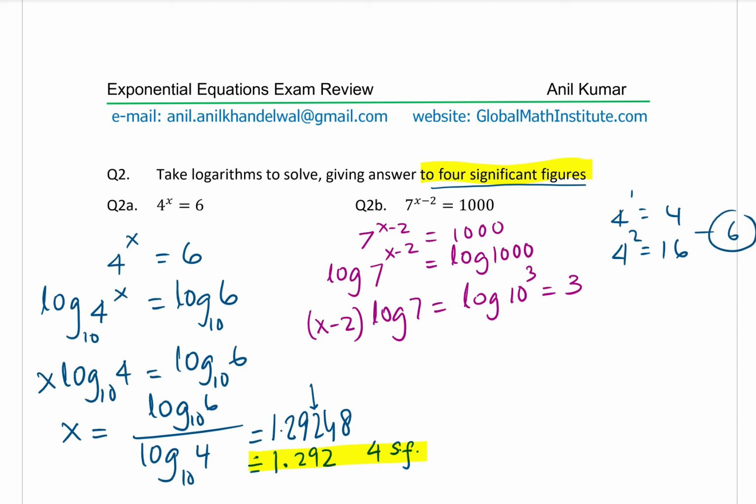And so we can now write down the answer, which is, let's go one more step, x minus 2 is equal to 3 over log 7, and rearrange. x is equal to 3 over log 7 plus 2. So that becomes your answer. Let's use the calculator and calculate this. So we'll divide 3 by log of 7, and then we'll add 2 to it. What we are getting here is